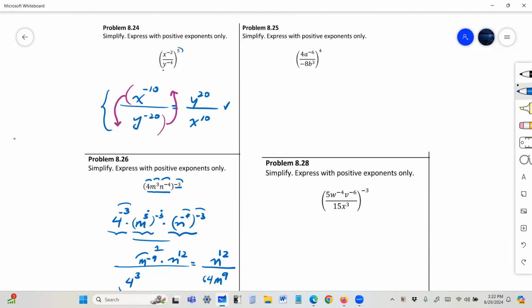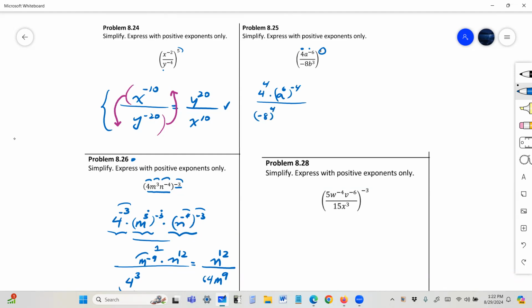And same thing applies. So 825 is similar to 826, with the exception that now I have a numerator and a denominator. So I'm going to handle the numerator first. So 4 to the 4th, right? This exponent gets applied here and here, times 8 to the 6th raised to the negative 4th,